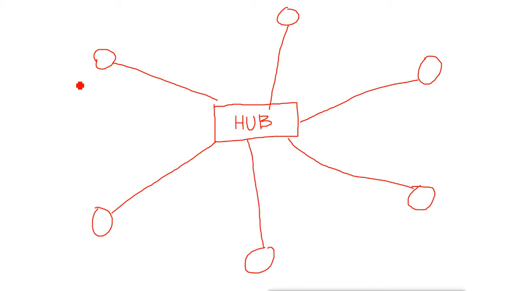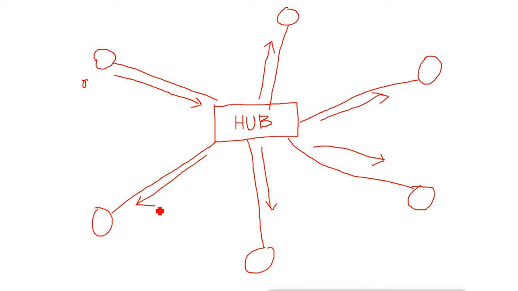That means if one device wants to send data, it will go to the hub because it is the star topology. Now the hub receives the data from this port and it will forward the data to every other port, except for this port. That means this port also, this port also, and this port also, every other port. It is like it is doing a broadcast, getting the data from one port and forwarding it to all the other ports.